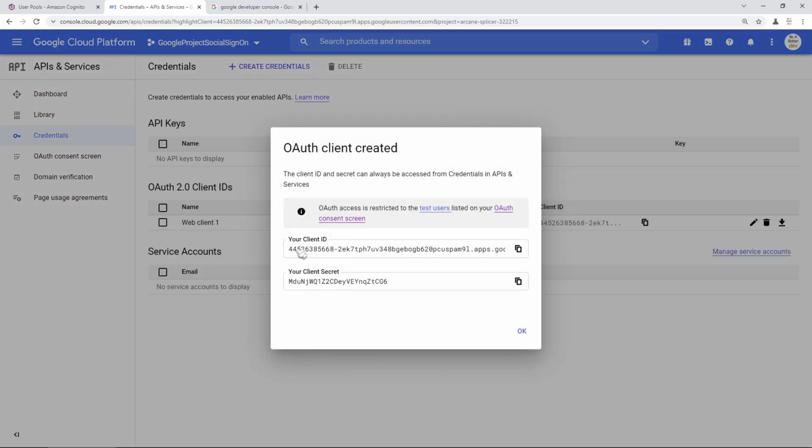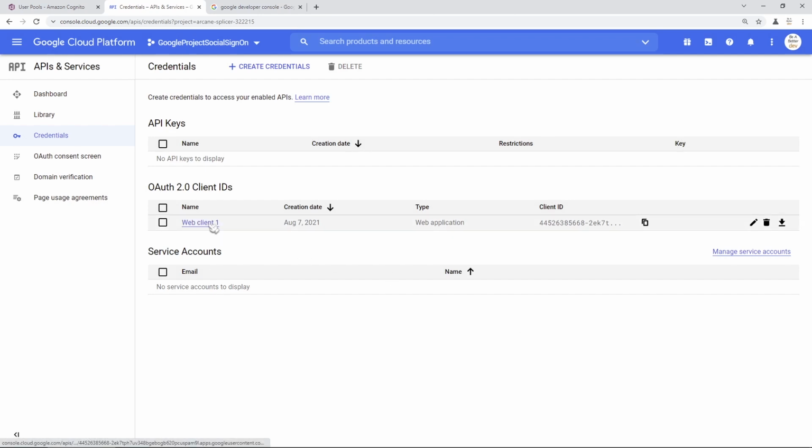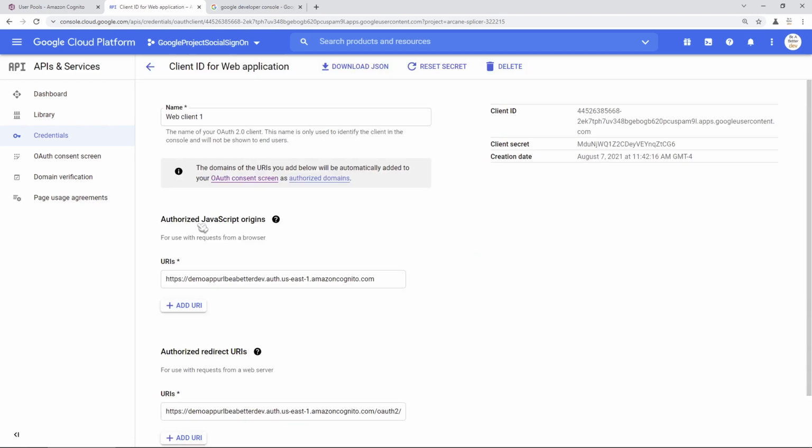So you get a client ID and a client secret. Now, if you don't copy this, you can always come back here and grab this stuff. I'll just show you how to do it really quick. So you have your client ID here, which is the one we just created. You can click on this, and over in the top right here, you see the client ID and the